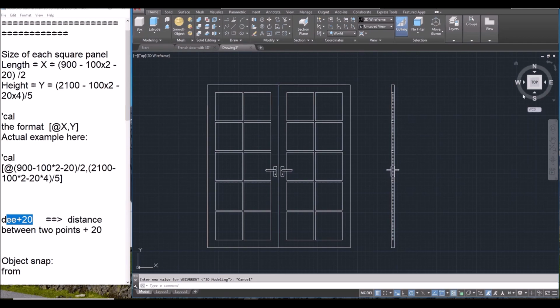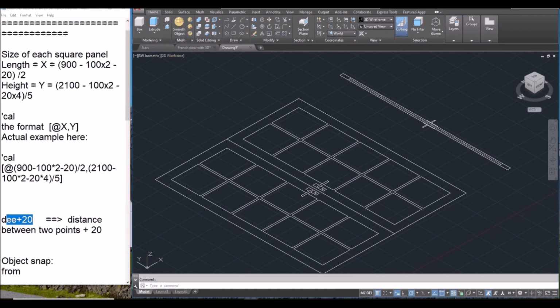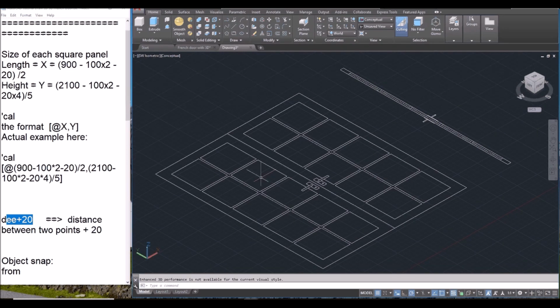Okay, and then I will click on the isometric view. Okay, and I will change it to conceptual. Okay, here you will do Presspull of the front view of the door to get the overall shape. Okay,